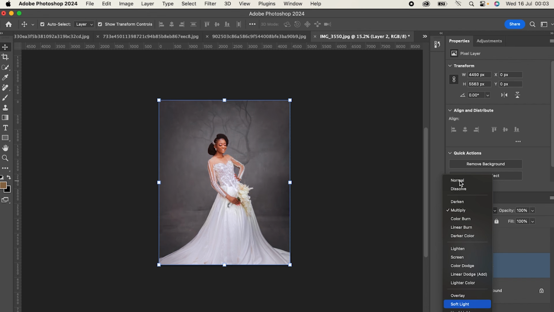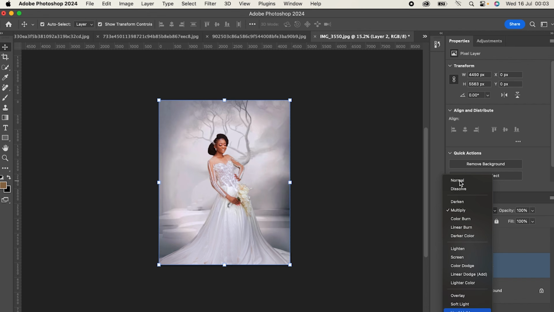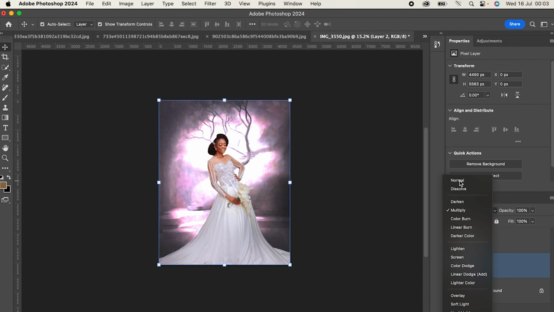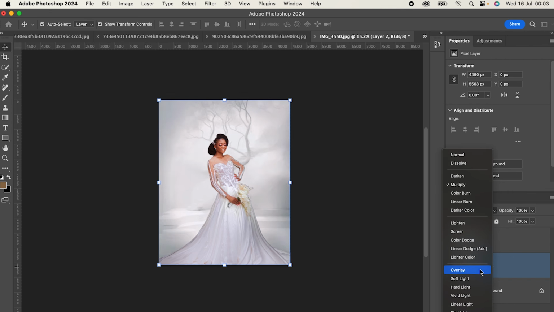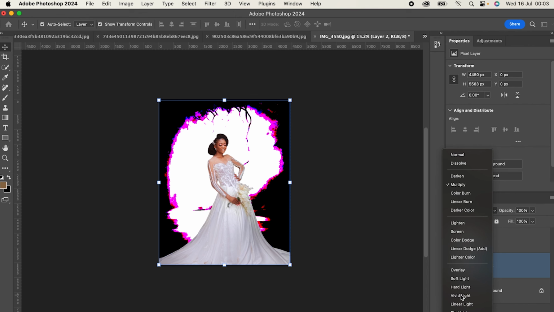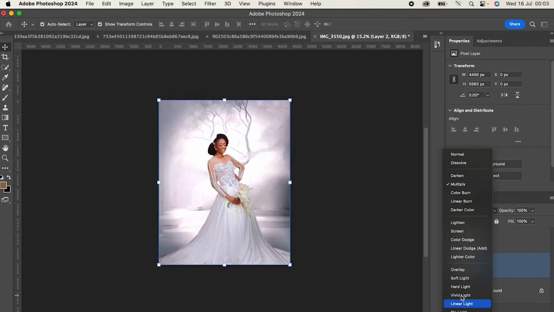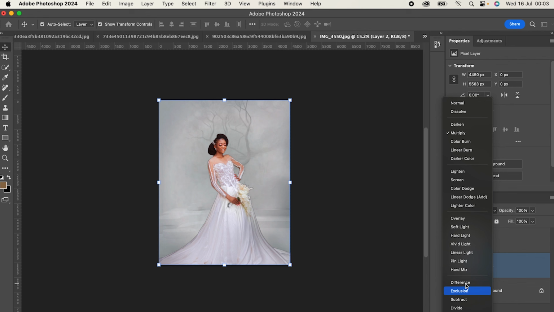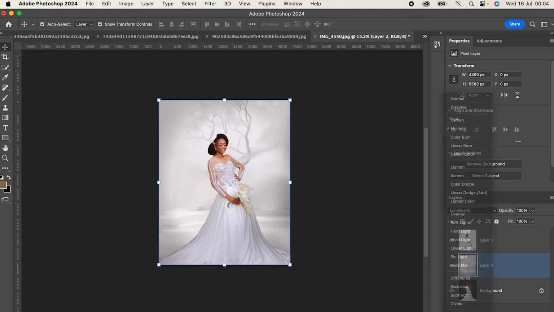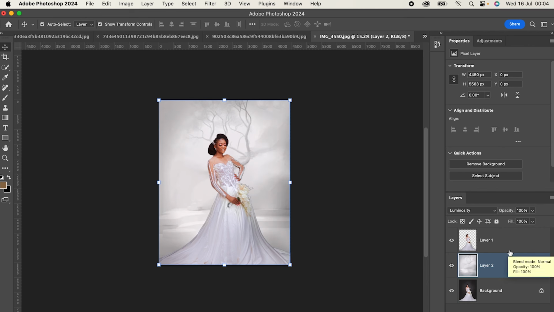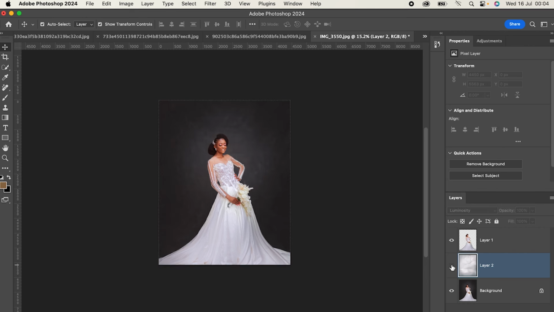So this is soft light. This is hard light. It's kind of too harsh, but it's not bad. Then vivid light, linear light, pin light, and hard mix, sorry. Then we have difference, exclusion, subtraction, divide, hue, saturation, color. So I think I love luminosity, guys. Okay, this is fine. This is before,